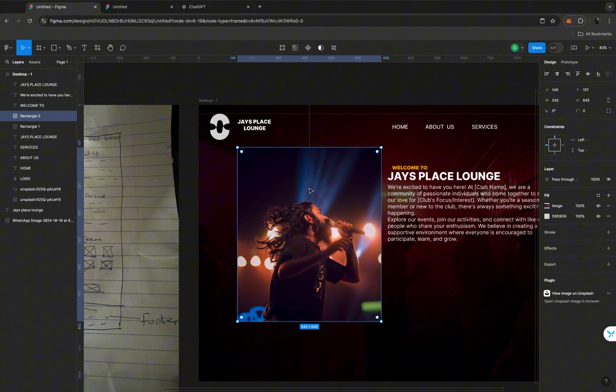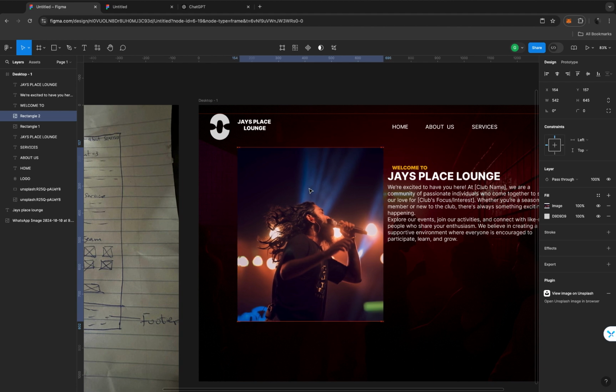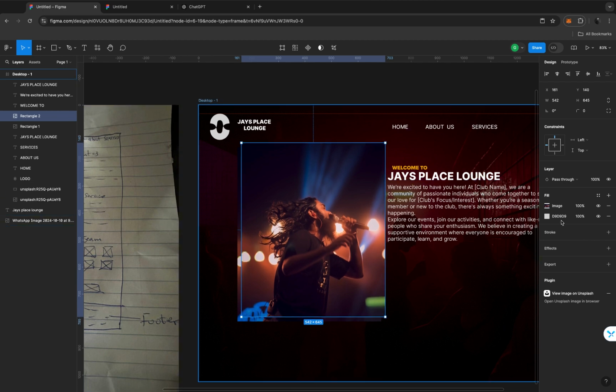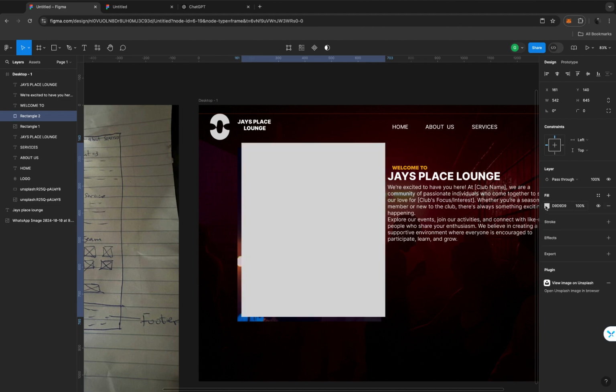Then watch what I'm going to do. I'm going to shift it with my arrow key, push it up a little bit like so. Then I'm going to go over to my fill. I'll remove this fill right here